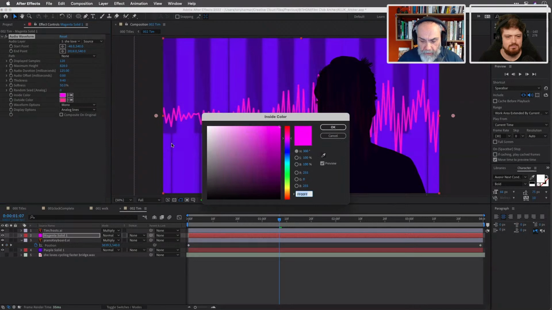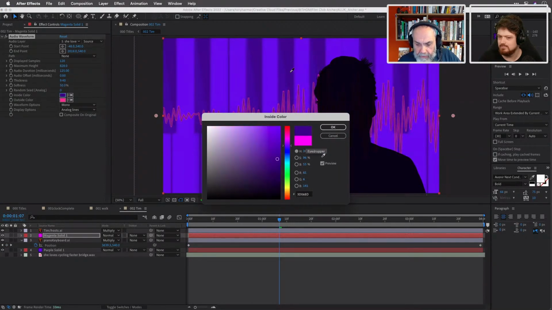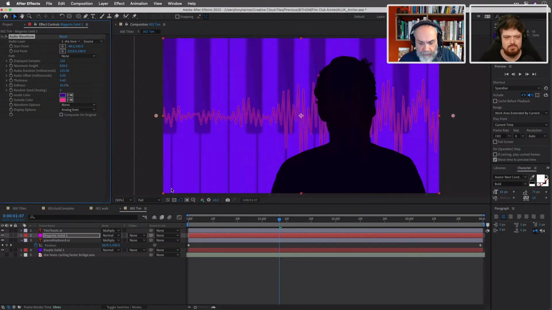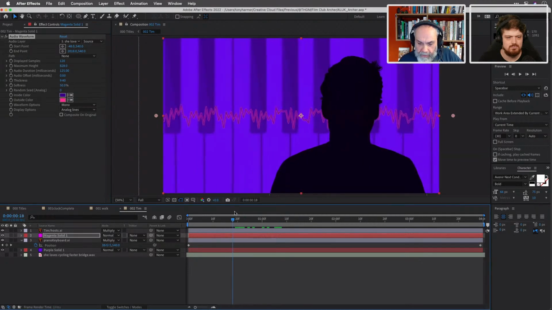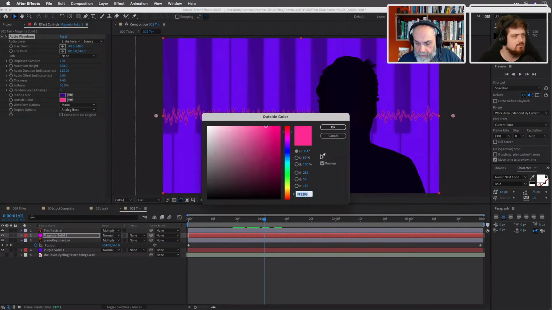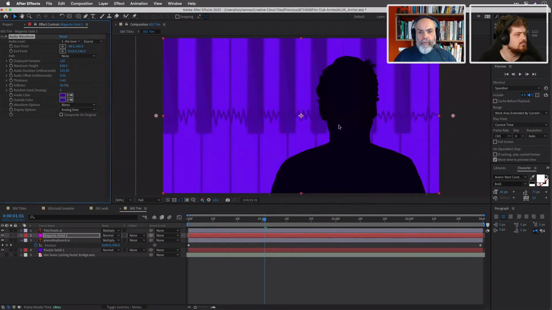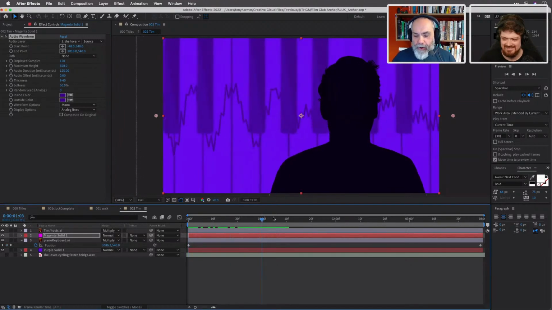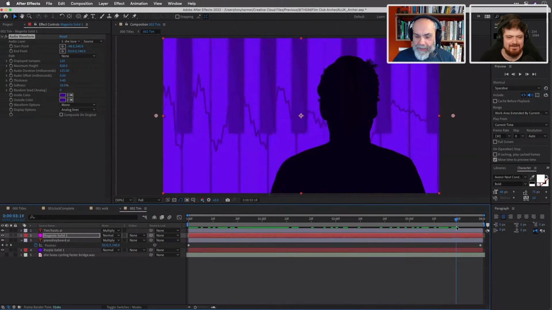Okay, and then the color. And I think what I'll do here is I will pick from the small keys on the keyboard. Let's have a look how that looks. Oh, and we've still got the glow on the outside. So let's do the same for the outside color. So we're going to sort of embrace the monochromaticity. Very nice. I didn't even pronounce that properly, but you knew what I meant. The monochromaticity, that's it.